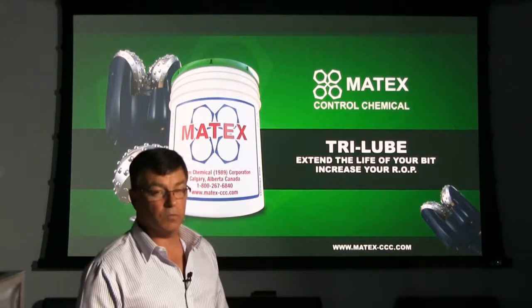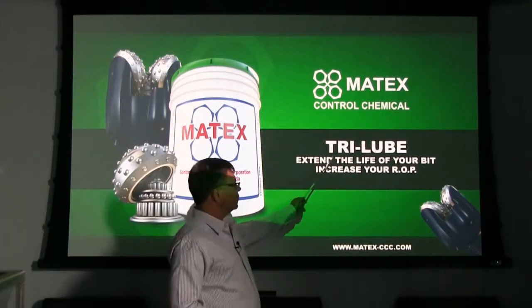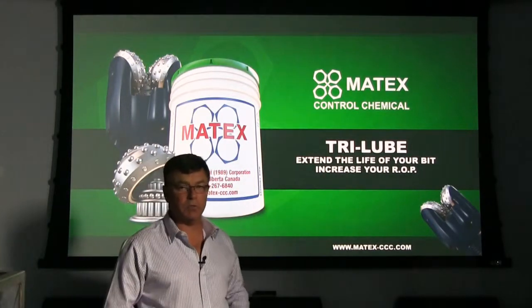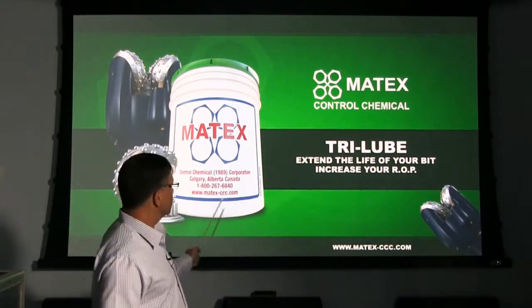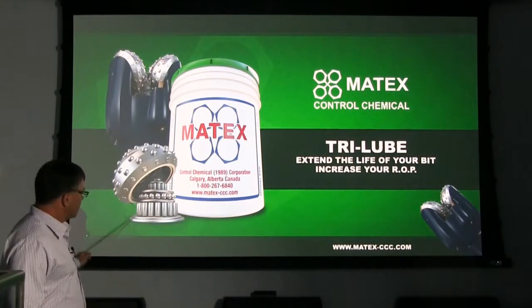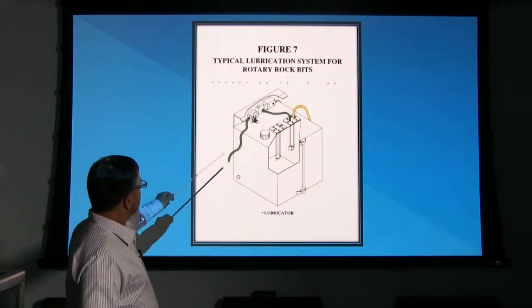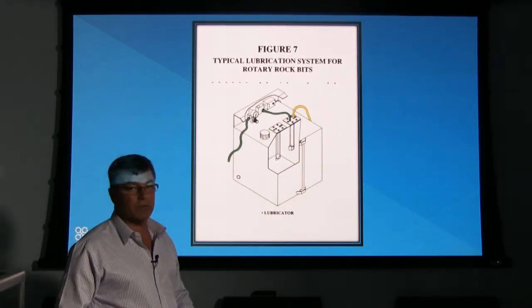I'm going to introduce to you here one of our products that we manufacture here in Calgary. This product is called TriLube. It's an environmentally safe water-soluble lubricant for lubricating air-bearing tricone bits, specifically manufactured for this particular application to lubricate the bearings of these bits. This is a typical injector for injecting the TriLube, and we've always found that if we